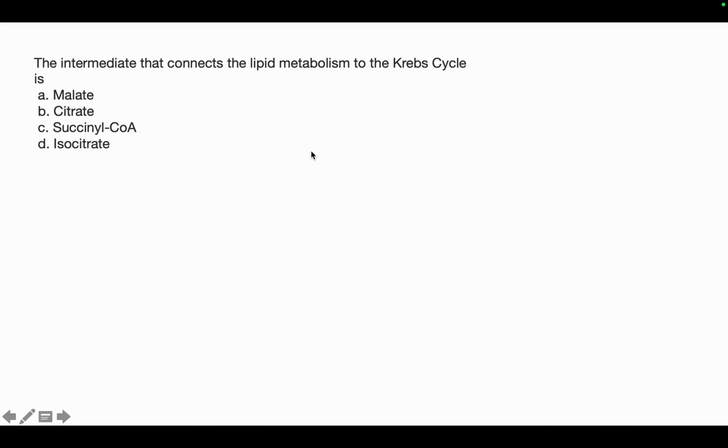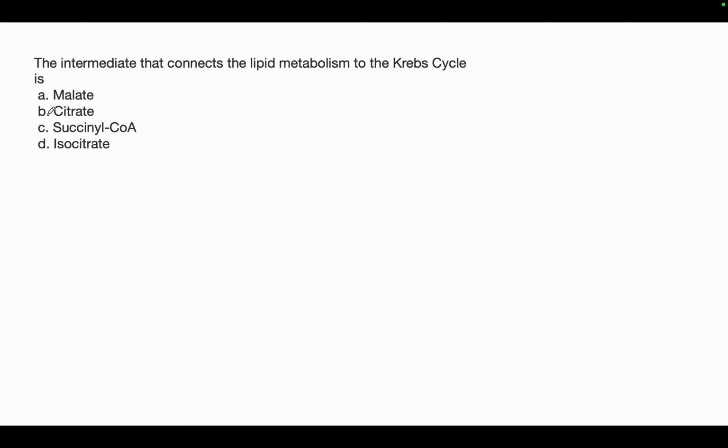The intermediate that connects lipid metabolism to Krebs cycle is citrate. Citrate is the first step, where acetyl CoA along with oxaloacetate forms the citrate molecule. So acetyl CoA connects to the lipid molecule. So for the formation of citrate,